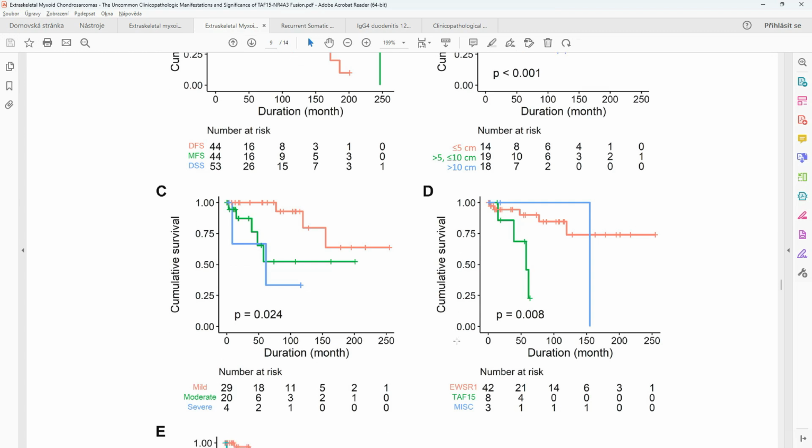And since the rhabdoid morphology is more associated with the unusual fusions, including TAF15, you can see here cumulative survival of the TAF15 compared to the conventional extraskeletal myxoid chondrosarcoma. The survival of TAF15 is much worse. The patients die much sooner. They often present with metastasis at presentation, and when the patients don't present with metastasis, they seem to fare much